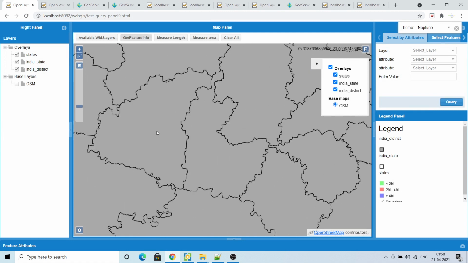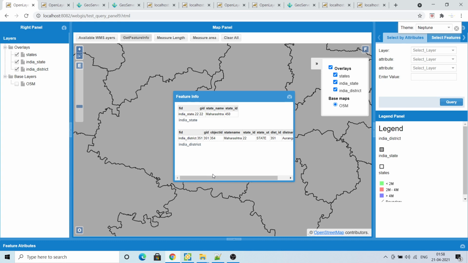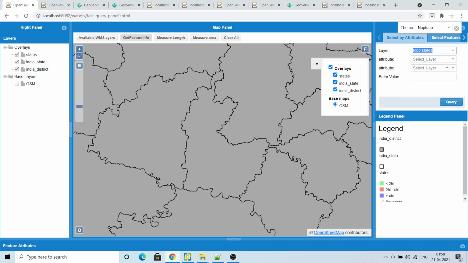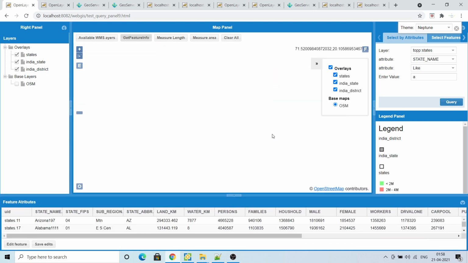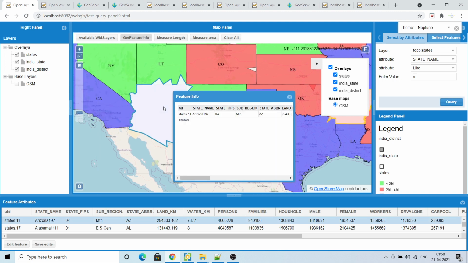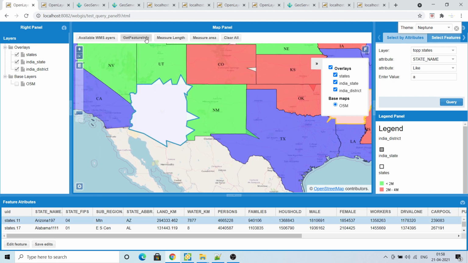Let me go for, so here Aurangabad 1 2 3. As you can see, the attribute has been changed. Let me check for some other. As you can see, while testing it, I have modified the shape of so many features. Let me again try to modify it.